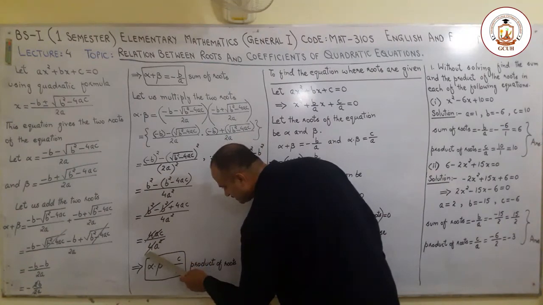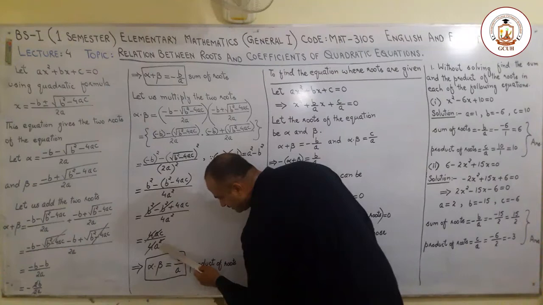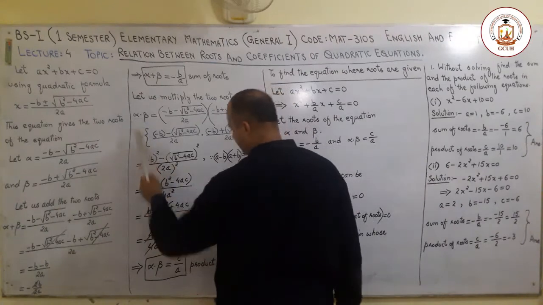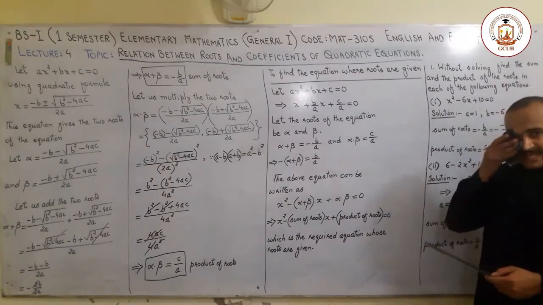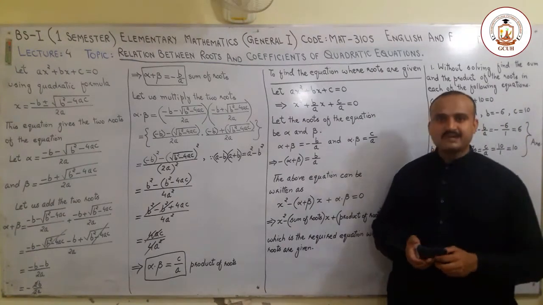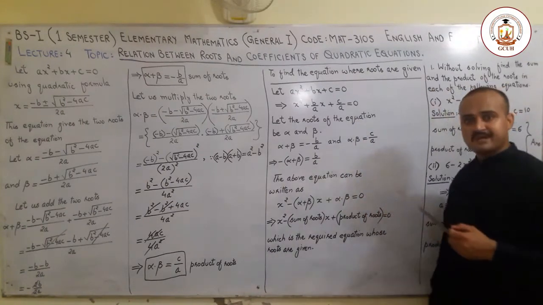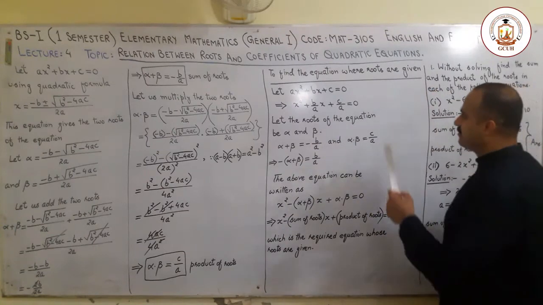The 4 will cancel with each other, and 1 degree of a in the numerator is cancelled by 1 degree of a in the denominator, which is squared, but in the denominator 1 degree of a is remaining, and in the numerator c is remaining. So here we have derived the formula for the product of the roots, which is equal to c upon a. Now sometimes we face situations where the roots of an equation are given and we have to find the equation. So for this purpose we derive one formulation.